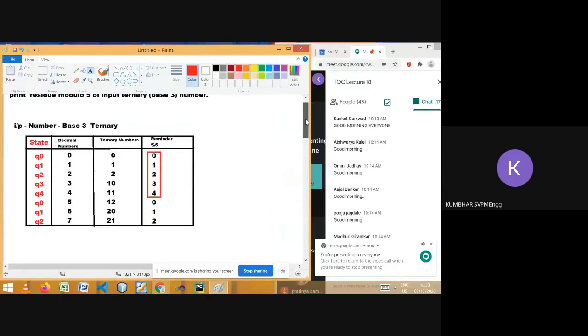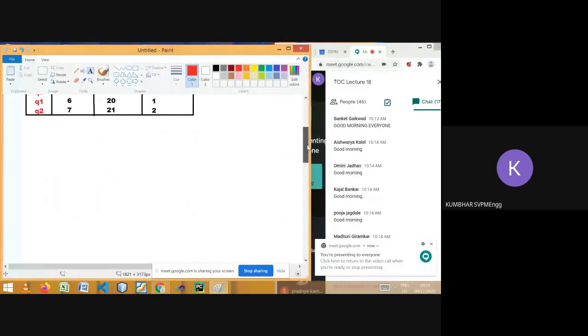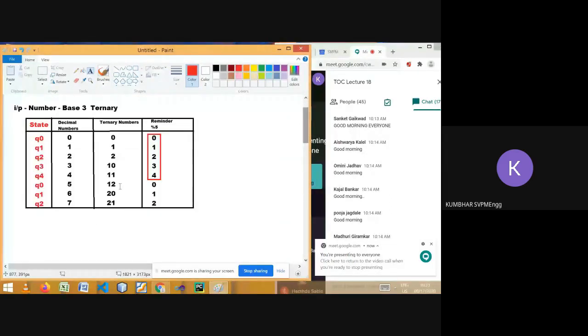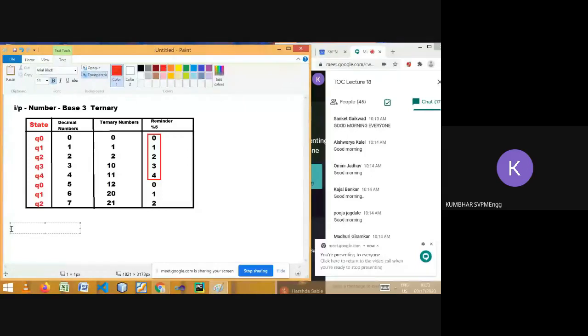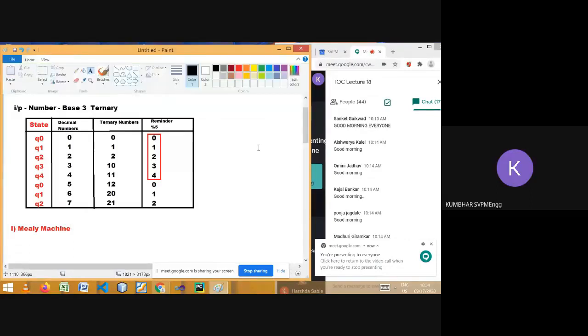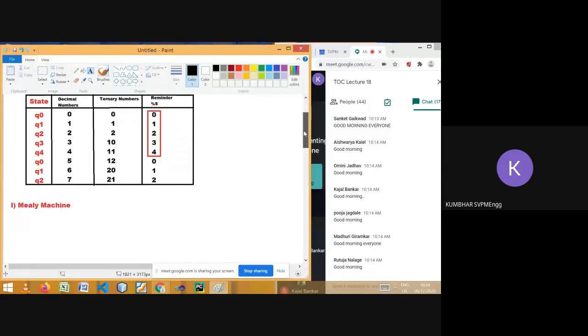And we have to do it for both. Let's say first we start from the Mealy machine. Fine. So let's start. How many states do I have to draw? 5 states, correct? Yes, correct. So let me draw those 5 states.